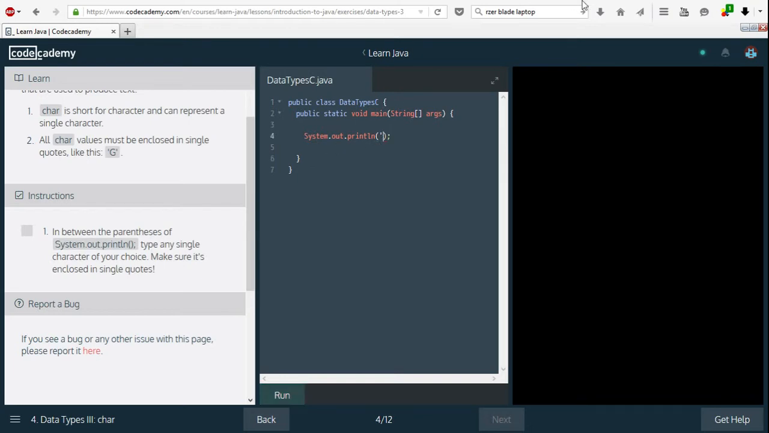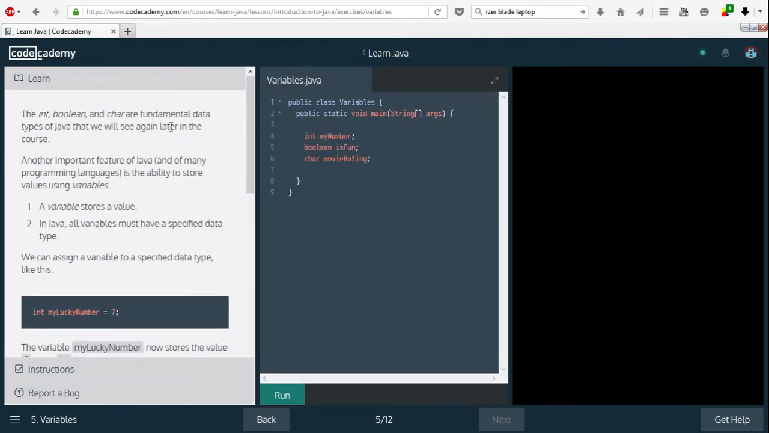So let's do a slash. Why not? Actually, that might cause a problem, but I don't think it's going to, because it's that type of a slash. Yes, so it doesn't cause a problem. That's good. And as we can see, it prints out a forward slash. So let's move on. The integer, boolean, and character are fundamental data types of Java that we will see again